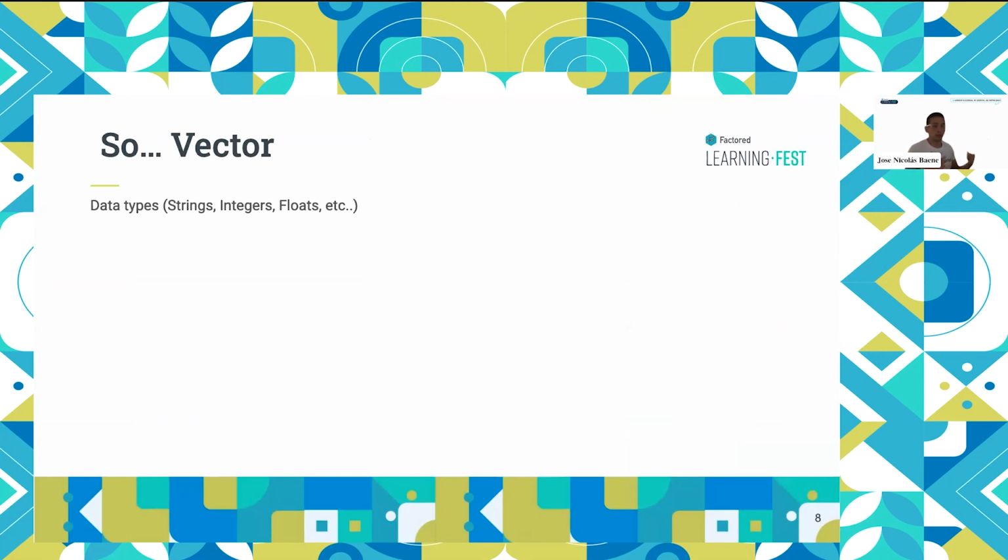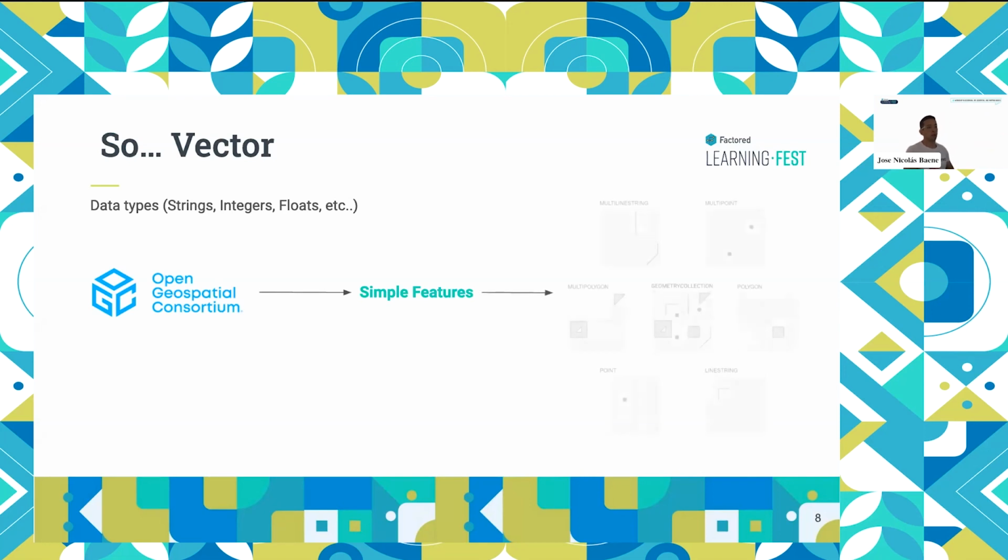If we go into vector a little bit, if you have worked with data, that data usually has a type. You have strings, you have integers, you have floats, you have a variety of types. A geometry is also a type of field. And the Open Geospatial Consortium, an open consortium dedicated to developing geospatial standards, developed this data model, which is called the simple features model. What simple features are is just taking all of this spatial data and formatting it in a specific type. As we had strings, integers, we will assign a type to geospatial data.